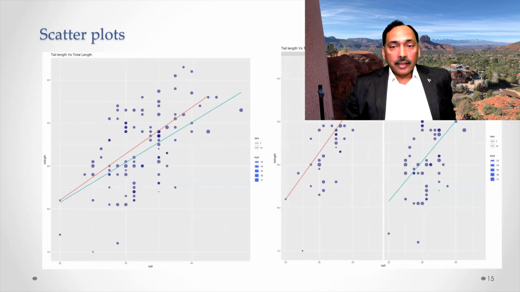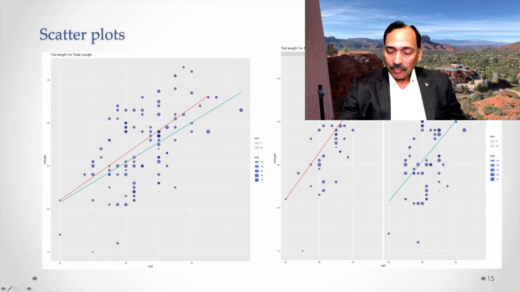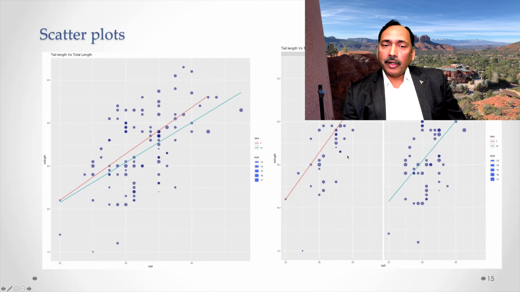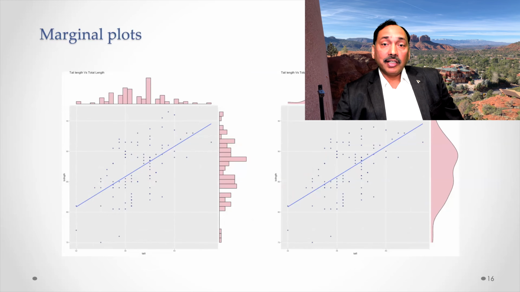So here are some scatter plots. We can also separate and see whether we really have linear relation or not. And usually we are looking for approximately linear. We'll never get perfect linear relationship in real life. Sometimes it may be a good idea to do marginal plots and see whether these two numeric variables show a